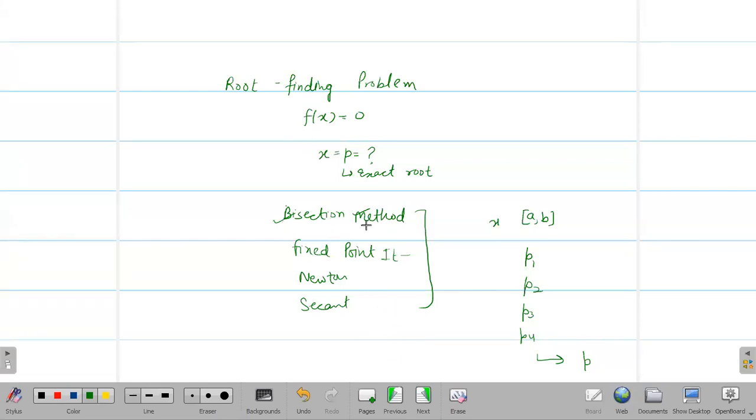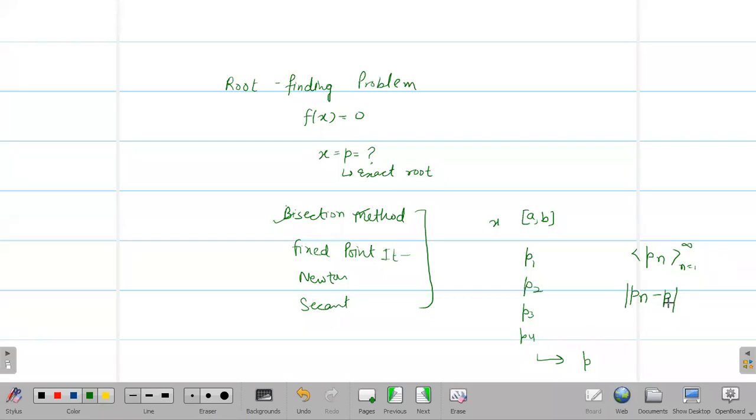Actually, we have done one example of the bisection method. There you have seen that we got a sequence P1, P2, P3, P4. This is the sequence generated from the bisection method. Now Pn is where we stop, the nth iteration of the bisection method. If we stop at the nth iteration, that will be my approximating root of f of x is equal to 0. Now if p is the exact root of this equation and Pn is the approximate root, we will find the absolute error in this case.